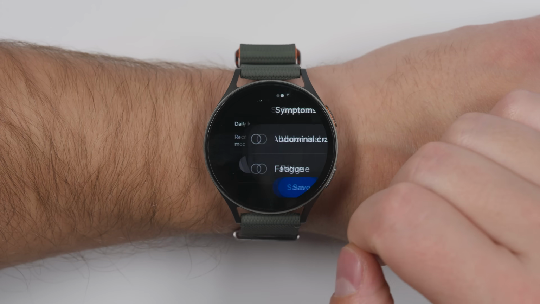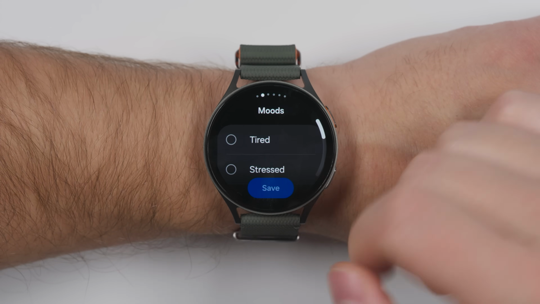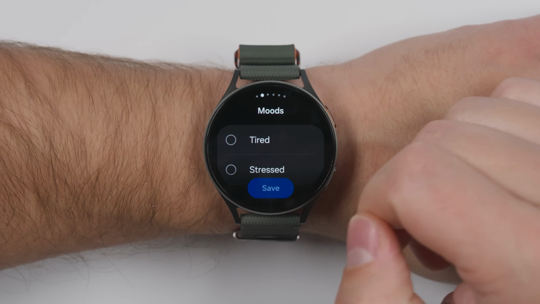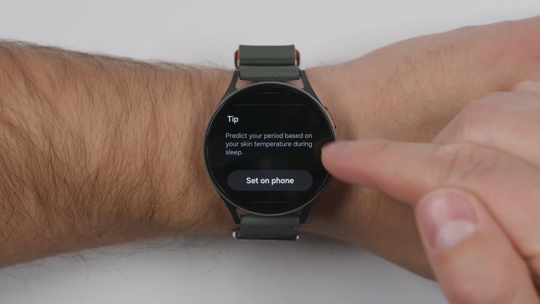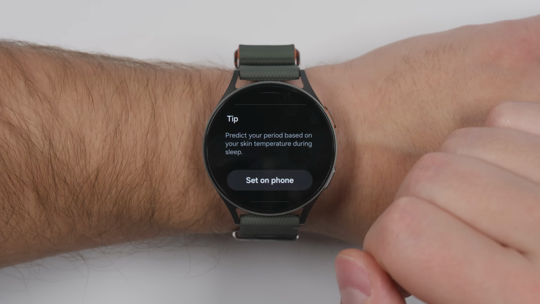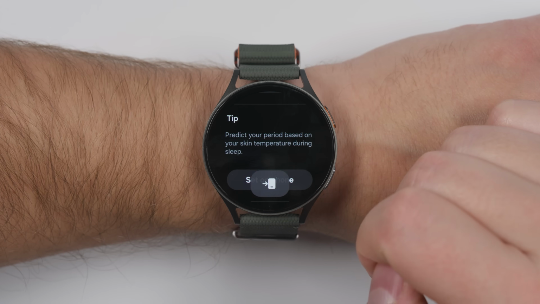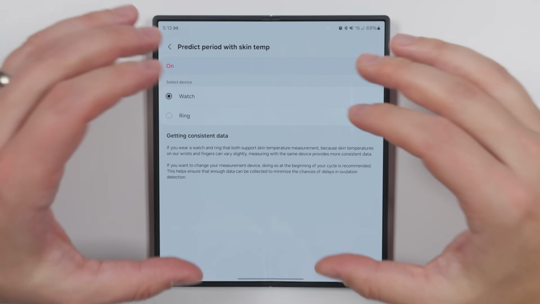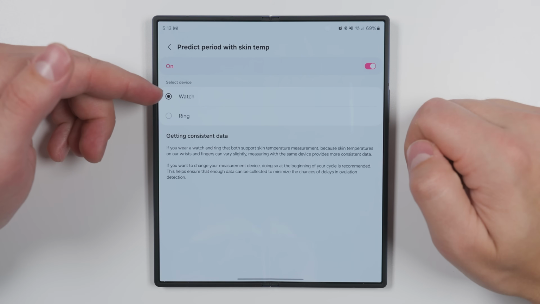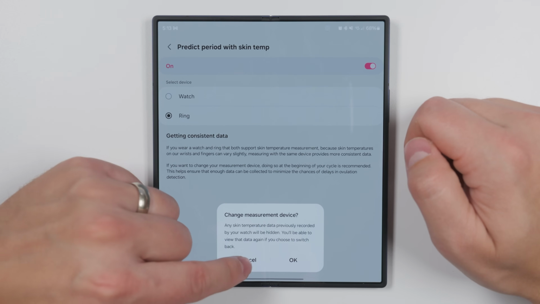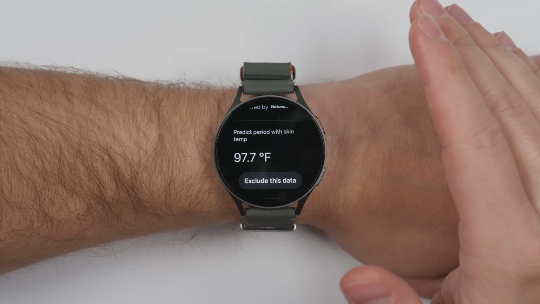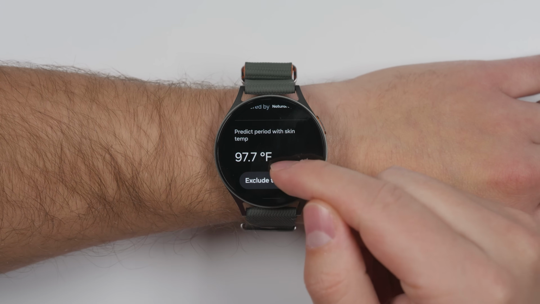So if you tap Add Log here, you get your symptoms, moods, and then the next four categories are pretty personal information. Scrolling down further, it tells you that you can predict your next cycle with your skin temperature during sleep. And if you tap Set on Phone, it'll open up the skin temperature setting on your phone. And you can choose to measure your skin temperature with a Galaxy Watch or a Galaxy Ring if you have it connected. And once you've tracked a night of sleep with that feature enabled, you'll see your skin temperature that